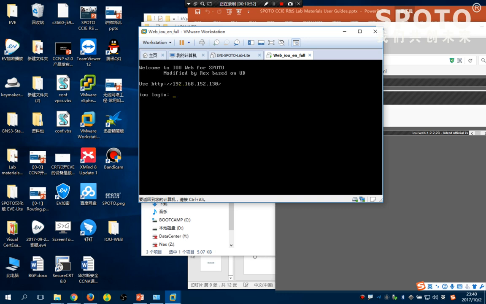You can use root to log in to the IOU. Input root and then enter. The password is Cisco CCIE. The root password is Cisco. And then